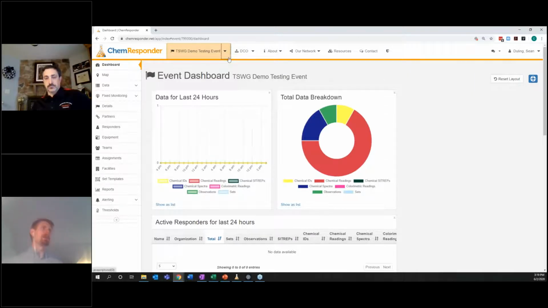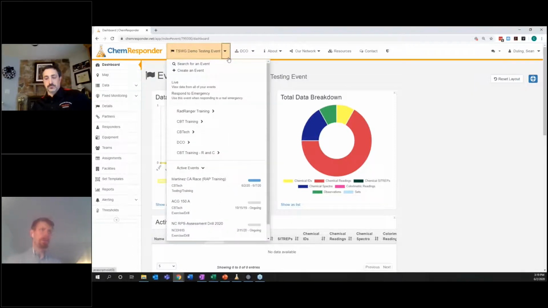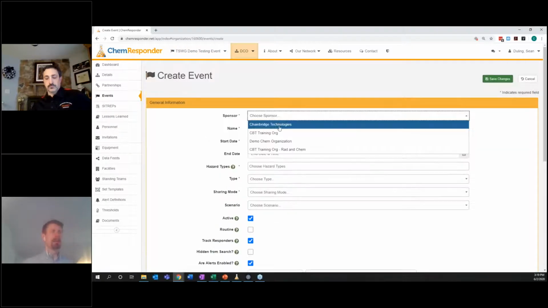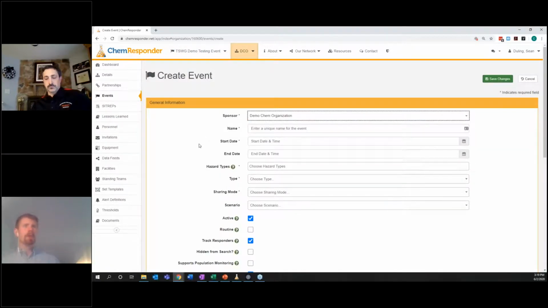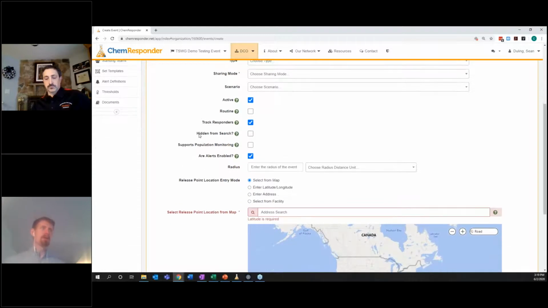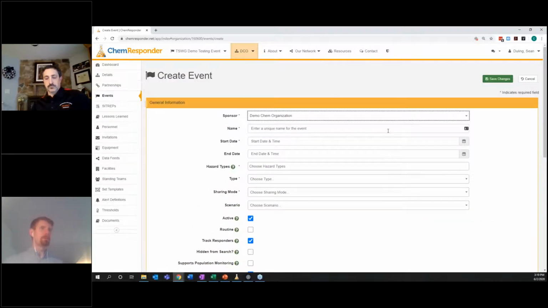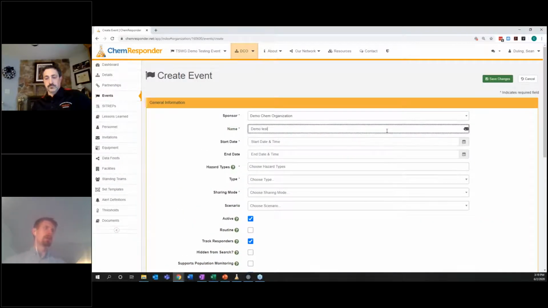So we have a fire or we have a large chemical spill. We create a unique event for that response. The create form is right here on this drop down. I can go to create an event and select the sponsor. It's just got some fields here that are pretty simple to fill out. I just need a name for it, like a start date,